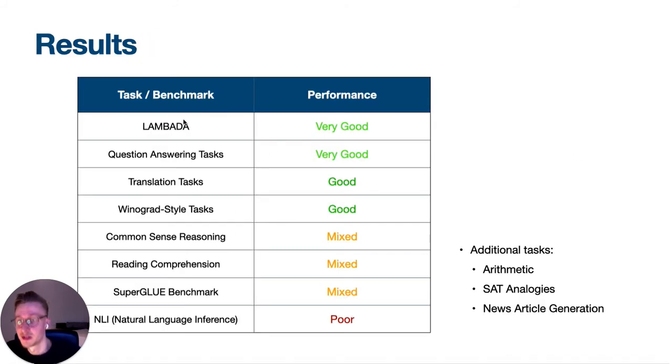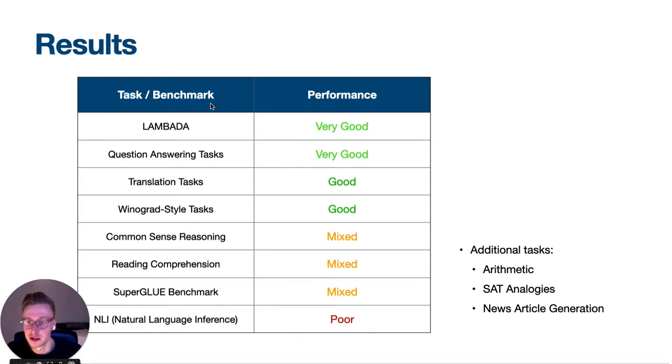Next up, I want to talk about the results from GPT-3, which were quite impressive. The results section was super long but also super interesting. GPT-3 was tested on several tasks: traditional language modeling tasks like LAMBADA, question answering, translation, Winograd, common sense reasoning, reading comprehension, SuperGLUE, and NLI. And also some additional tasks that were specifically designed for GPT-3 to test how it can do reasoning and whether it is novel in its answers. I will talk briefly about all of them. I will start with the ones where GPT-3 is performing the best, to maybe see the differences.